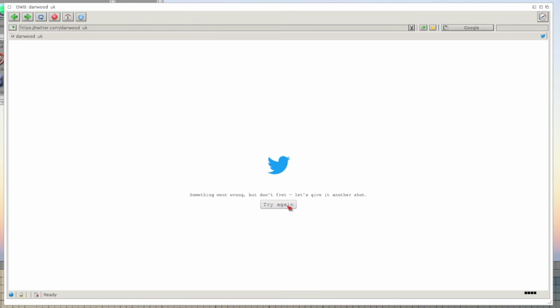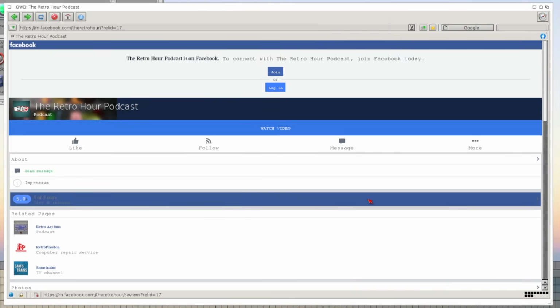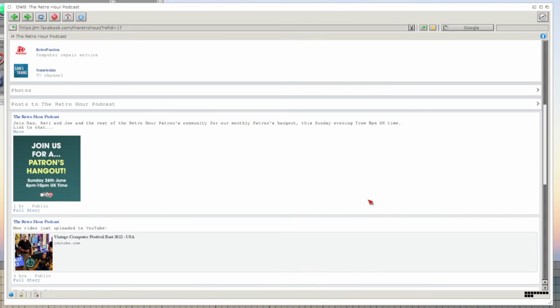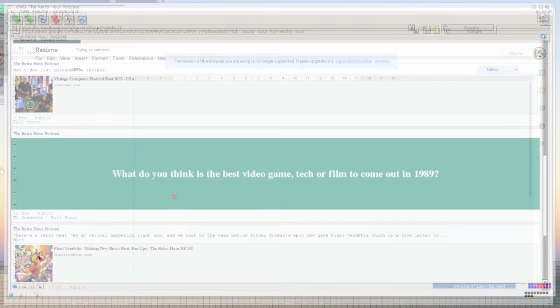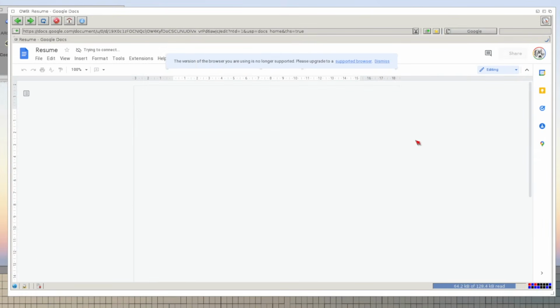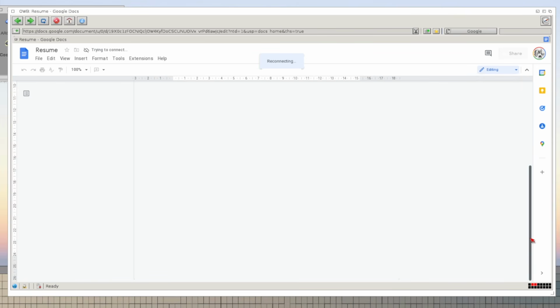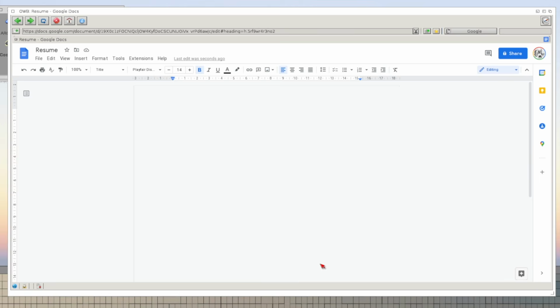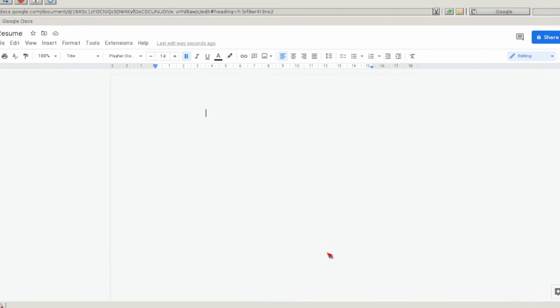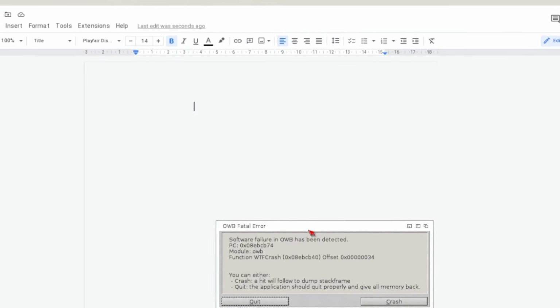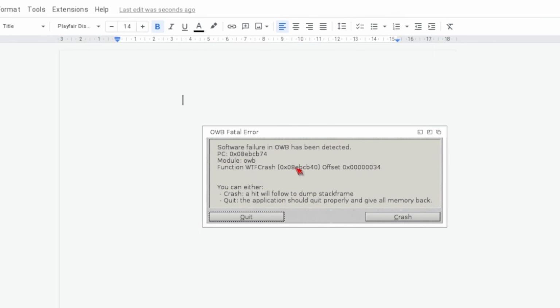Social media is another big thing in 2022, and social media sites were a bit hit and miss, with Twitter refusing to even load, but Facebook displayed its mobile version, and that appears to work fine here. And Google Docs is something I use every day, and I've had success using it on MorphOS in the past, but sadly, it doesn't appear to work reliably in this version of OWB, with it loading any document as a blank file and then crashing the browser totally when I try to type. So browsing is a mixed bag. For standard websites and forums, it's fine, but for a lot of what I do daily and more demanding stuff,